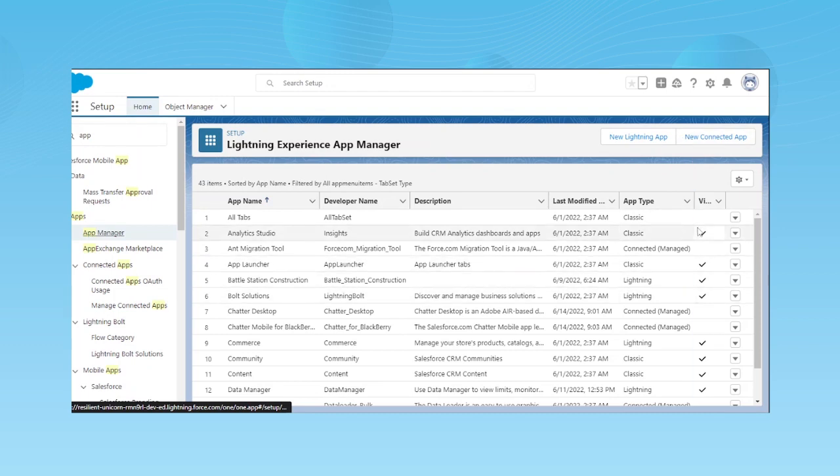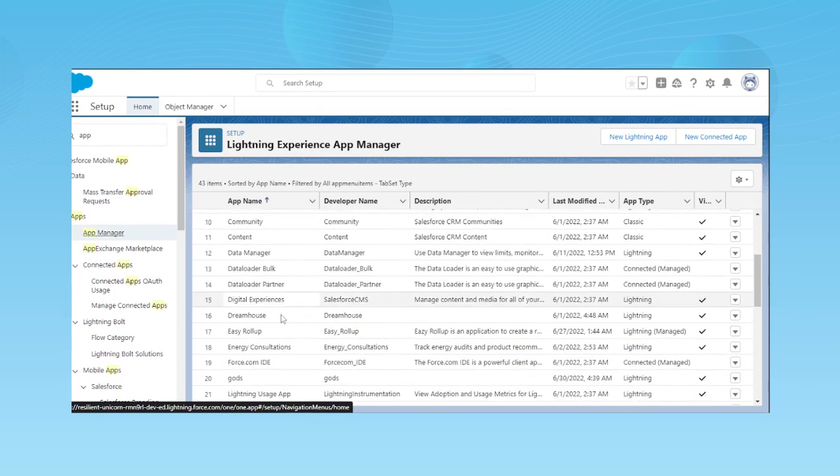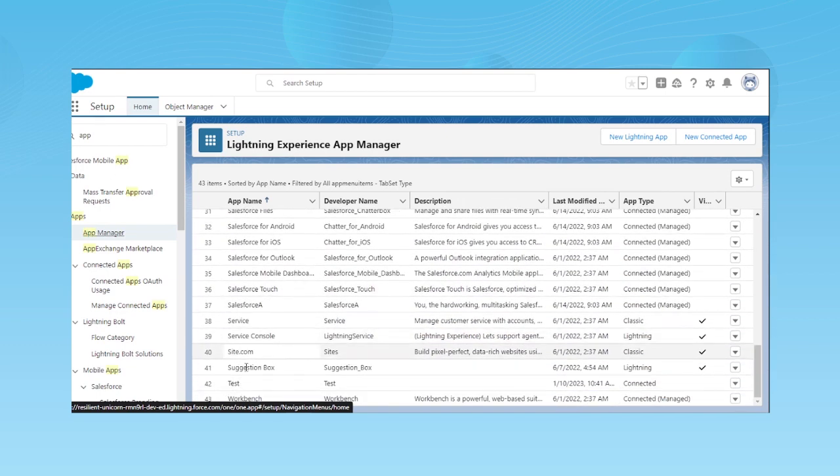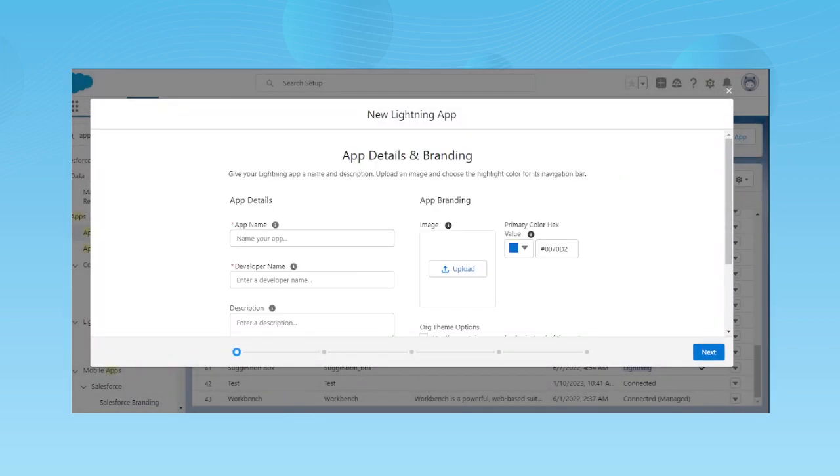Okay, as per your requirement I have created the lightning app, as I can show over here as well. Here it is, suggestion box app, it is a lightning app. So you can click over here on new lightning app, and here you can give a name to your lightning app. For example,